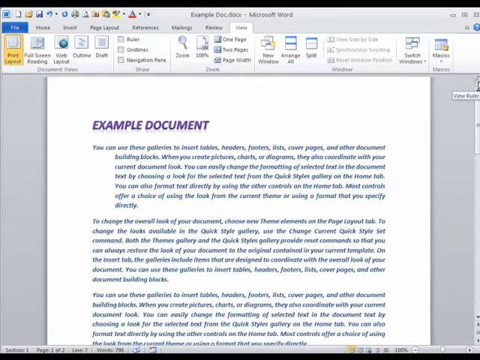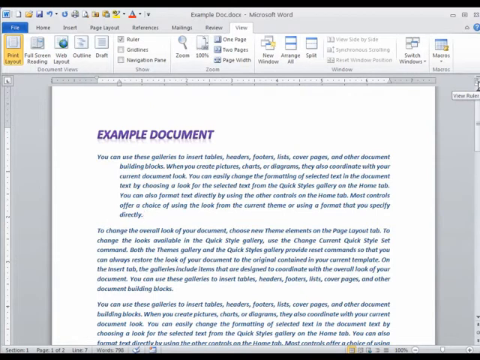Each time I click this button, I can either show or hide the ruler within my document. Now, with my cursor in the first paragraph, you'll notice that I have markers on the ruler that reflect the first line indentation as well as the hanging indentation. So in other words, instead of using the Format Paragraph window, if I were to drag the upper part of